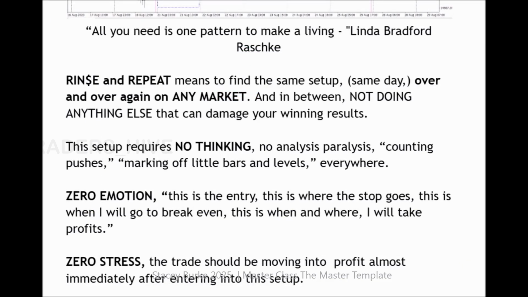Now, before we go further, I want to emphasize something that's really, really important. Linda Bradford Raschke's quote, "All you need is one pattern to make a living." These templates are designed with a specific agenda when they present. They wipe out an entire day or an entire week in some cases, and they're not coming back. When you understand the power of that particular setup in itself, zero stress, zero emotion, zero thinking, zero management, and scalable in size, you'll sit on your hands and wait for these types of setups rather than trying to get